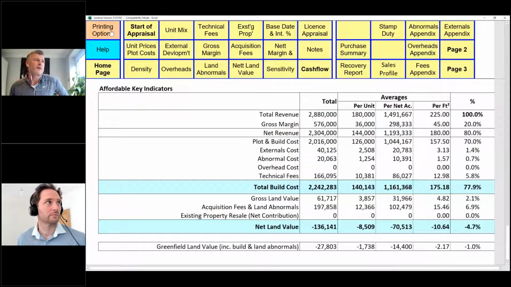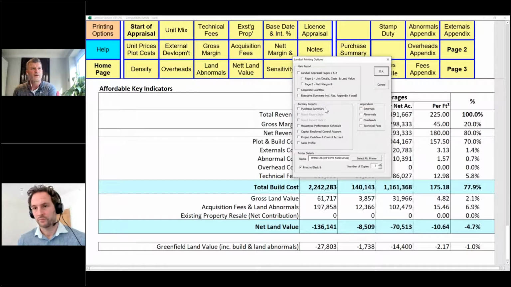And you can always print this out. You can print out various different sections of it, and you can use that as your board report for purchasing land, because purchasing land is very different from doing a full ProVal appraisal.